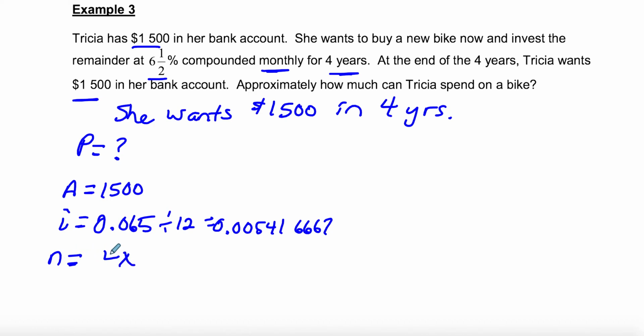So one thing, 4 times 12, 4 years monthly is 48. If you don't want to write out the decimals, you could just leave this value written like that in your formula and then type it all in later. I just think it makes more sense where the numbers come from if I show you what the decimals are. But instead of an i, you could write in 0.065 divided by 12 in a bracket. And that could be your i. And just leave it like that until you're finally punching it in to get the answer on your calculator. So if we want to find the present value,